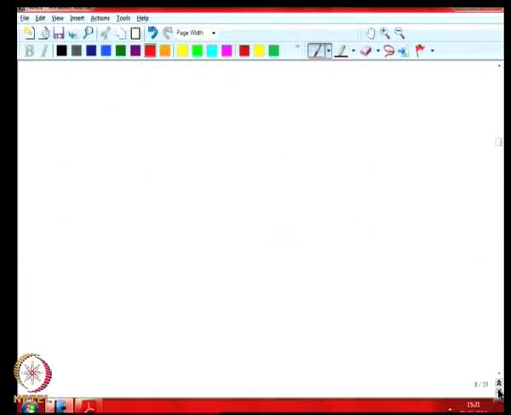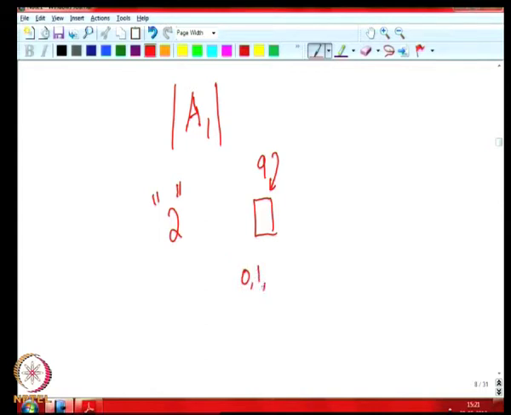So, the cardinality of A1 is easily calculated, similarly A2 and A3. How do you calculate the cardinality of A1? That is easy, because you just need to make sure that we do not have 2 among the digits of the numbers. We are talking about 5 digit numbers. That means in the first position we have only 9 choices now. Earlier we had 10 choices. Now 2 is not allowed. So, now the choices are 0, 1, 3, 4 up to 9. So, there are 9 choices here.